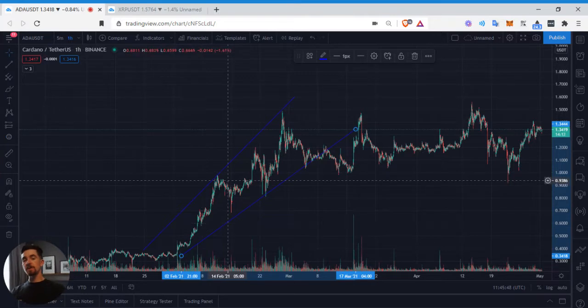So essentially, what you're seeing is higher highs and higher lows. That's essentially what you're going to see in a rising wedge. And then we saw this consolidation down. So that was the macro trend. But within each macro trend, there's a micro trend. So it's important to identify this.